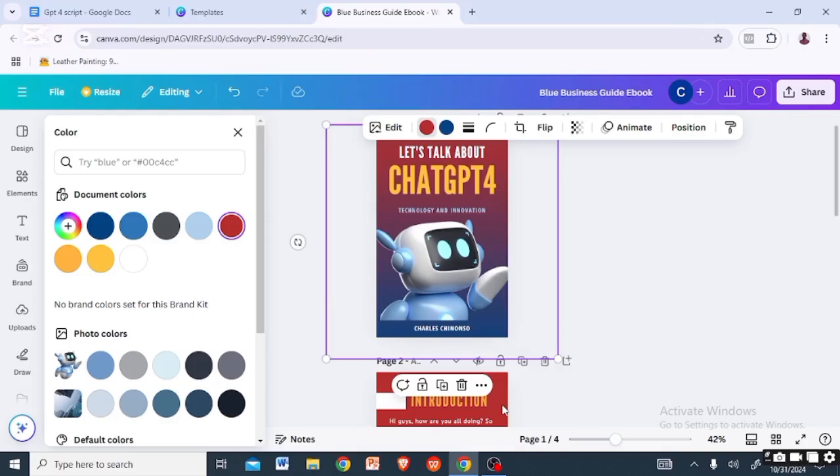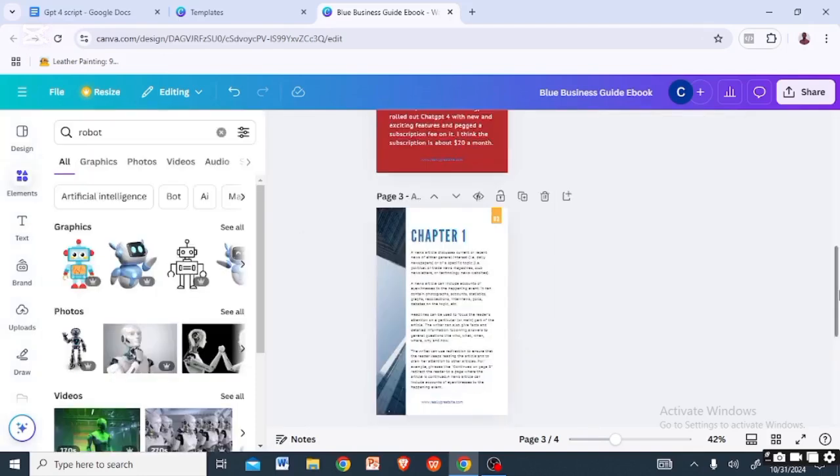But then let's leave it that way because it's still looking very beautiful. So the next thing we want to create now is the table of contents. So what you do now is you come to the next page. So right here, you can see that the next page is talking about chapter 1. So for us to create a table of contents page, what we'll be doing is we'll duplicate this